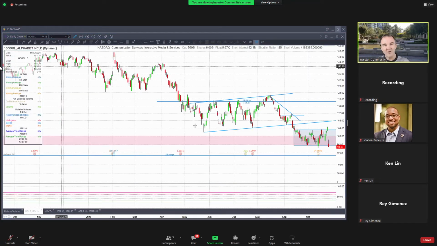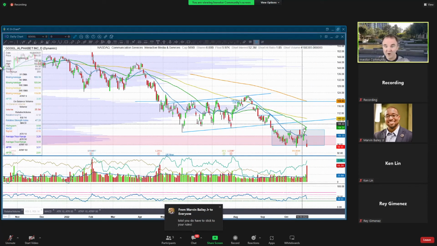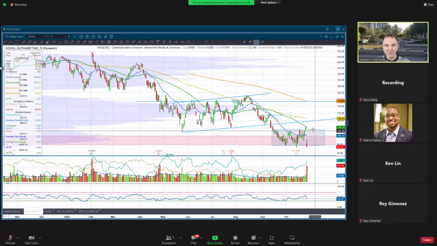Google, okay, we all know that Google had terrible earnings, gapped down a ton after trying to break out of that range. Wow, a round trip from the top of the range, or outside that range, right back down to the very bottom and outside of the range. Is this going to find support here? I kind of think it will. Although it did close on the lows today. I didn't actually pay much attention to this one intraday.